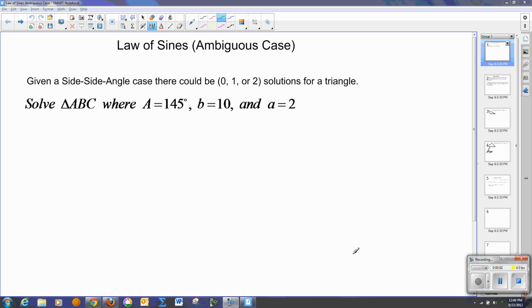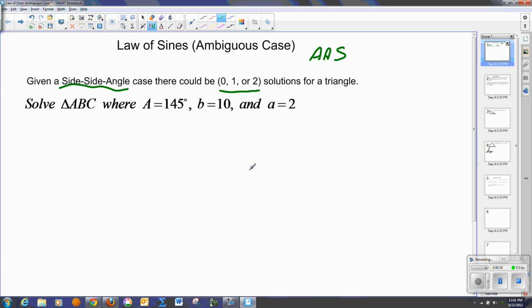Up to this point, we've worked with the law of sines in dealing with only angle side situations. And today what we're going to do is deal with side angle situations. Now, we call this law of sines the ambiguous case because when you've got a side angle, you could have